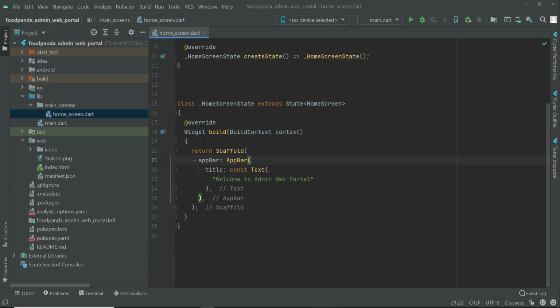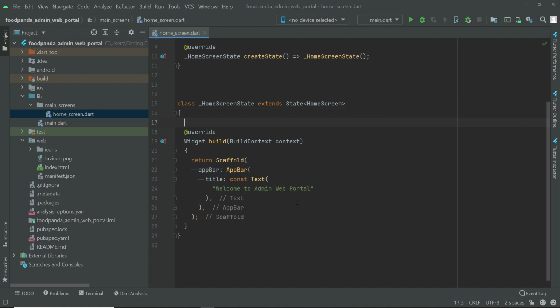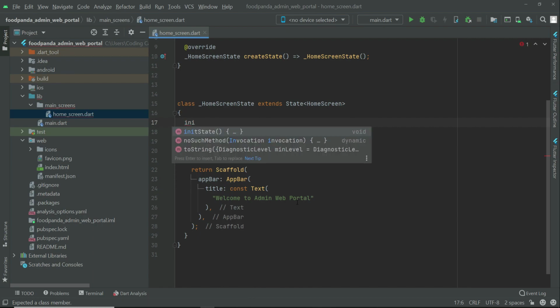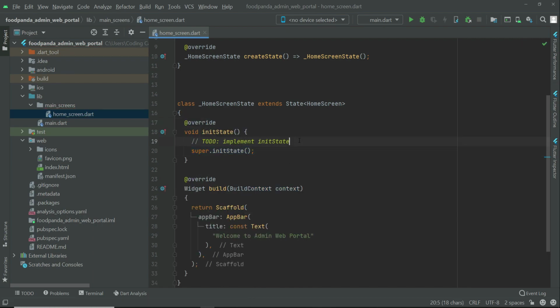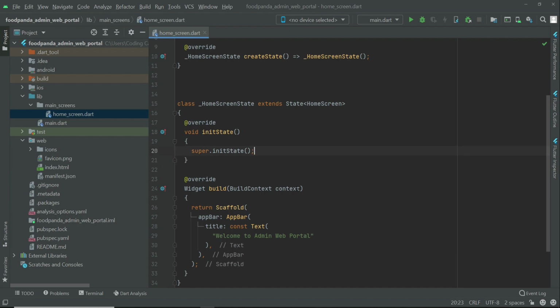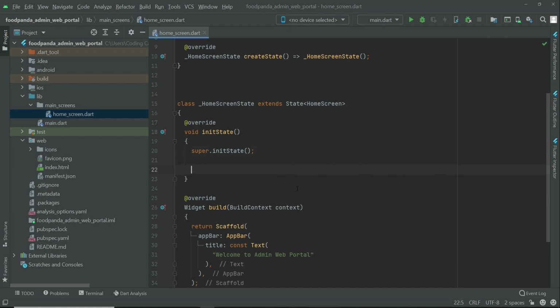So here on the home screen, above the widget build, let's use the built-in method by the name initState. Now initState is a method which is called whenever the user navigates to the home screen. It will be automatically called. Here, basically, we want to get the current time, which will be updating in real time, and of course the date. So let me just write comments here: date,